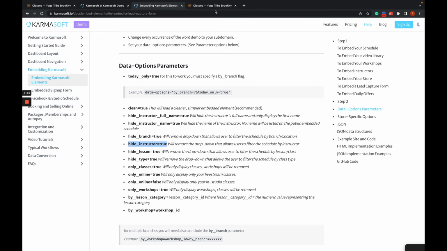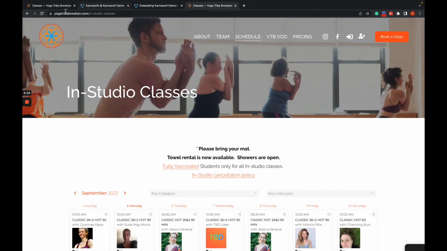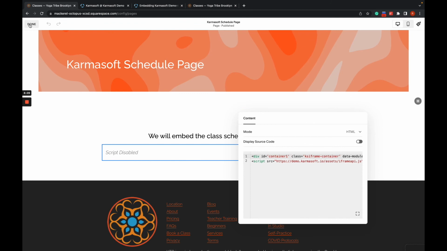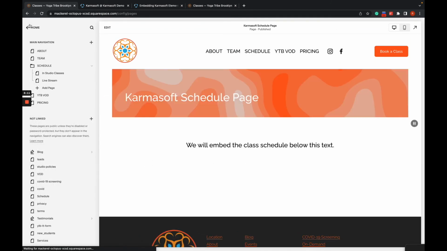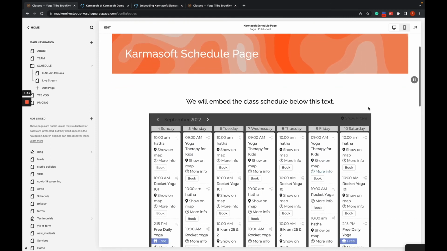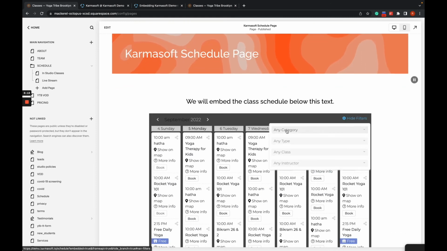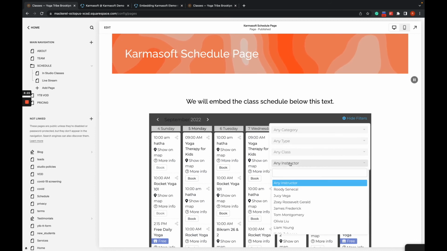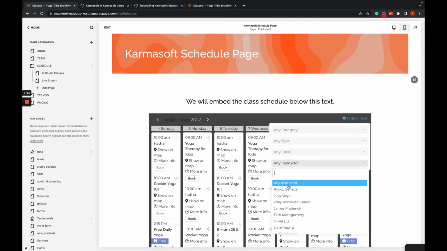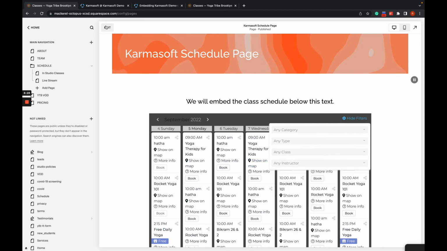So this is to remove. If we look at the schedule, we'll go back to this. Let me just show you what I mean. If we go and show filters, there's an instructor filter that people could go in and look at the instructors or select classes by instructor. So if we wanted to hide that,